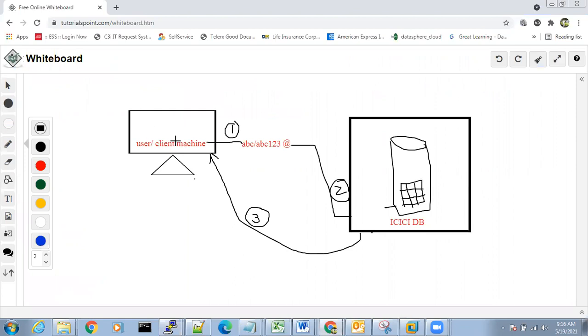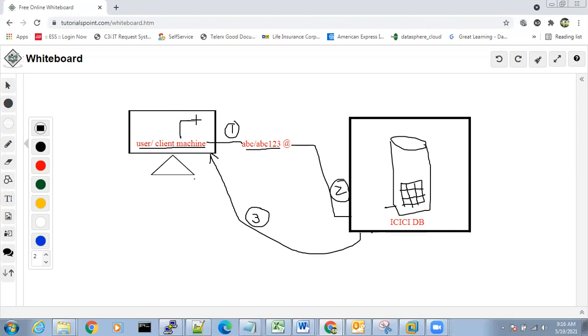See, this is the user machine. This is the user's or client machine. We call it the client. Client will connect to the database. Client has to connect to the database with the help of username and password. So first, what will the client do?